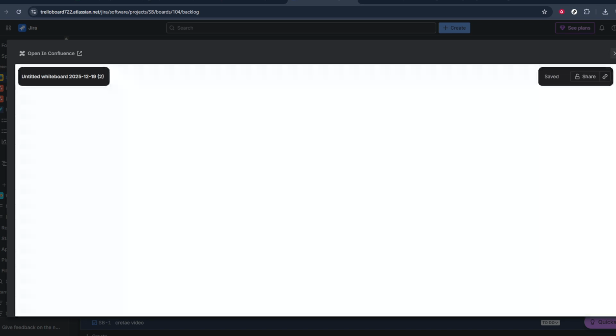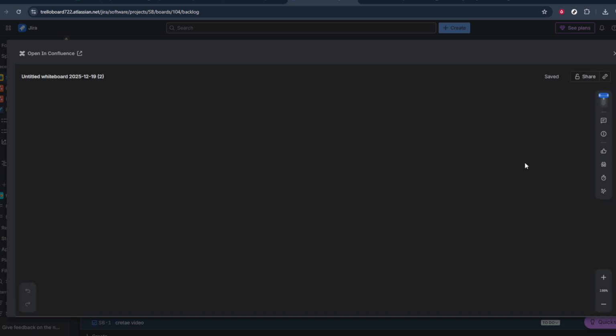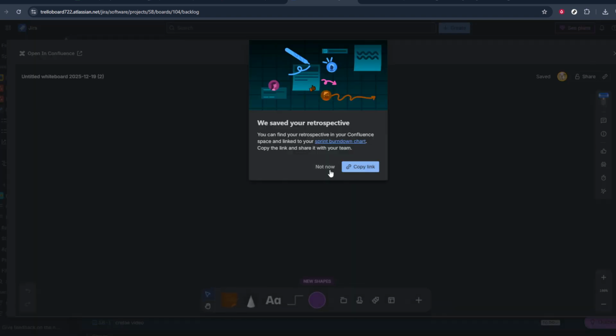Once the sprint is completed, Jira will take you to, or give you access to, the retrospective view where you and your team can add notes about what went well, what didn't go so well, and what you'd like to improve next time. And that's it. By following